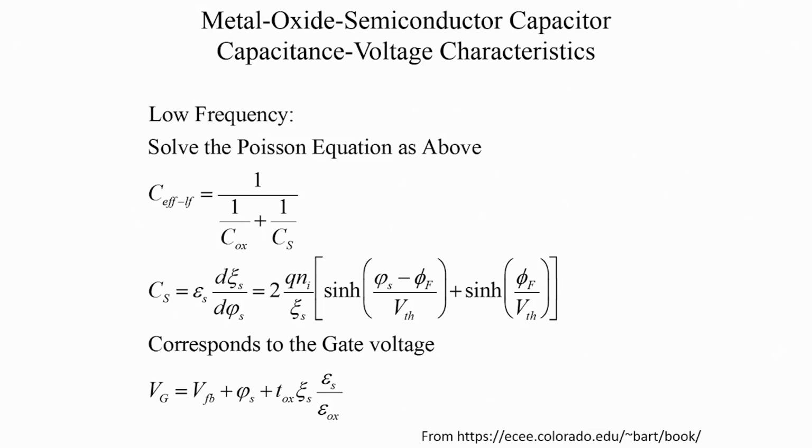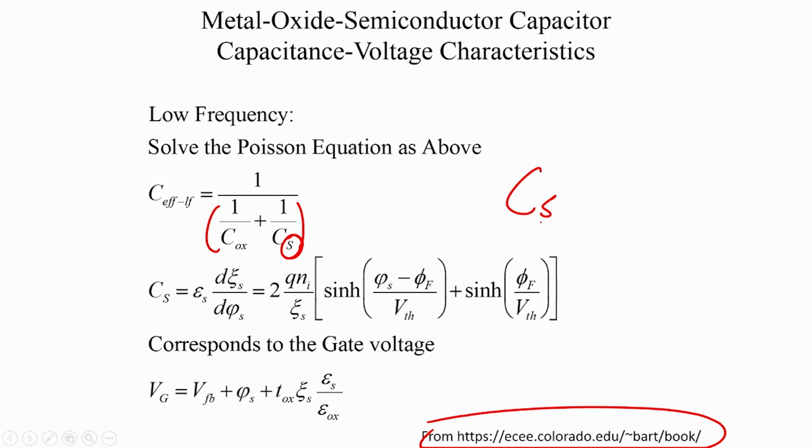So, now we can solve for the exact capacitance voltage characteristics. These equations are borrowed from this source. So, what is our low frequency characteristics in depletion? It is 1 by 1 by C ox plus 1 by C s, and not only in depletion. In fact, this is the general case, because we can solve it for all voltages. So, in general this is the capacitance, and I have replaced C depletion with C s because it is a general expression. It is C semiconductor,